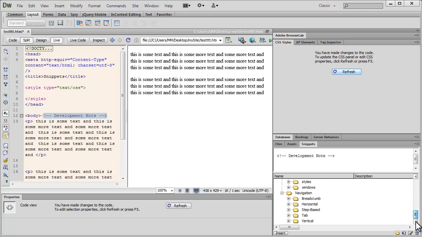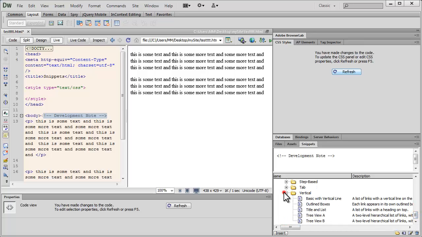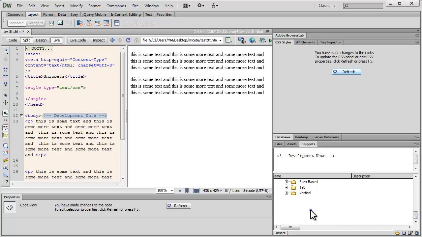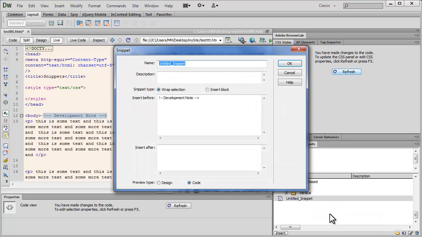I'm going to go down right at the bottom. Okay, I'm going to right click here and I can either create a new folder in which I can push in my snippets, or I can directly create a new snippet. I'm going to give it a name. I'm going to call it HR because this snippet of mine is going to insert a horizontal rule, a double horizontal rule actually, and in the description I'm going to say